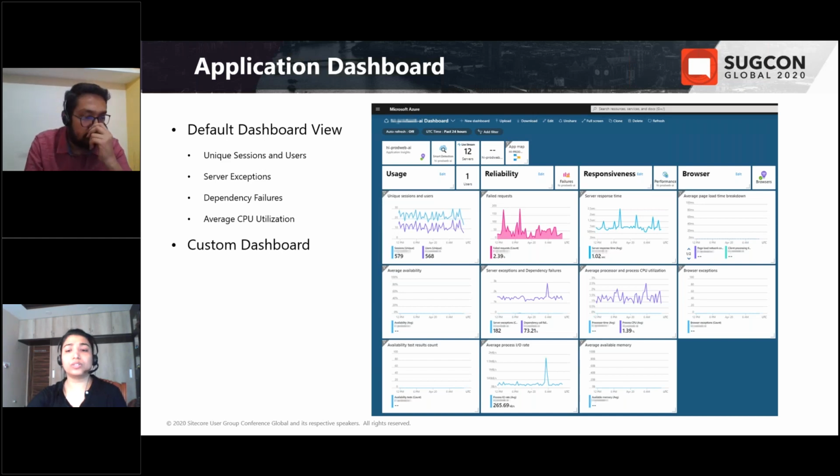You can also edit the default view, or you can add and delete from the dashboard to best fit your need. Also, you can pin different charts and views from various Azure resources such as Application Insights, App Services, or SQL databases to create a custom dashboard that provides you with a complete picture of the health and performance of your application. Let's see this in Azure.